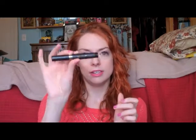This isn't that old, but all of the text has sort of rubbed off of the packaging, but this is called the Black Buster liner, and it's a really thick felt tip liner. I used it on my top lashes today,